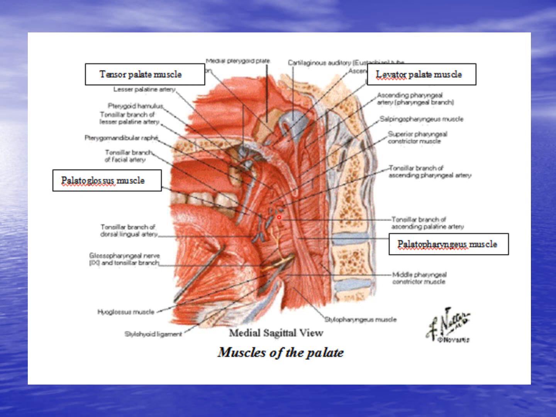This is the site of the tonsil. The muscle in front, palatoglossus muscle, the muscle at the back from the palate to the pharynx, palatopharyngeus muscle,